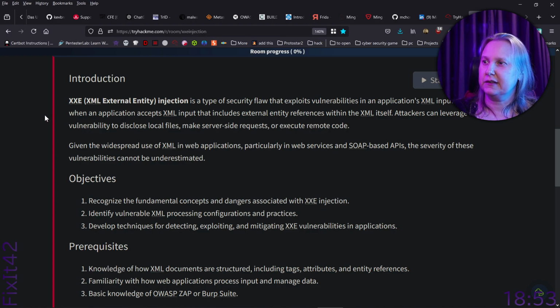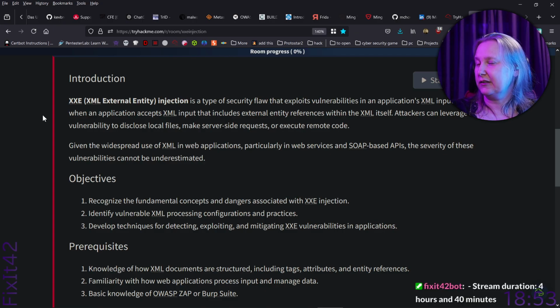XXE, XML external entity injection, is a type of security flaw that exploits vulnerabilities in applications' XML input. It occurs when an application accepts XML input that includes external entity references within the XML itself. Attackers can leverage this vulnerability to disclose local files, make server-side requests, and execute remote code. Given the widespread use of XML in web applications, particularly in web services and SOAP-based APIs, the severity of these